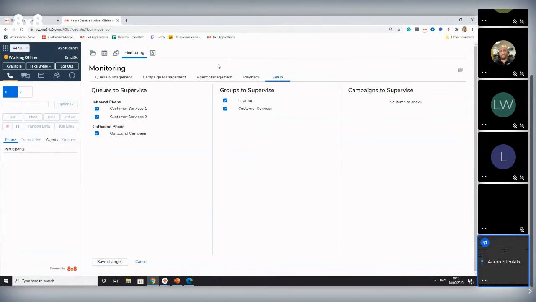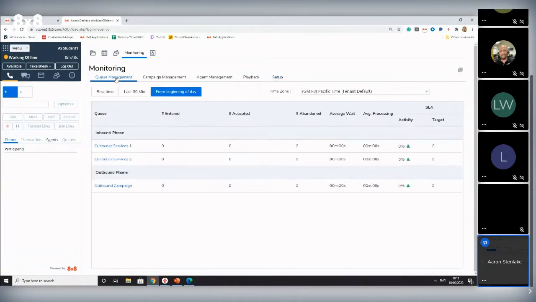What you'll find when you launch into your monitoring, you'll see on your right-hand tab here, the monitoring window will populate. And below here, we have some selective tabs, which will be relevant to the type of data and stats that we can source. So the first tab that we're going to be looking at is our queue management. Now within queue management, this is where you'll be able to see the queues that you supervise. You can look at metrics and statistics based on real time, the last 30 minutes, and from the beginning of